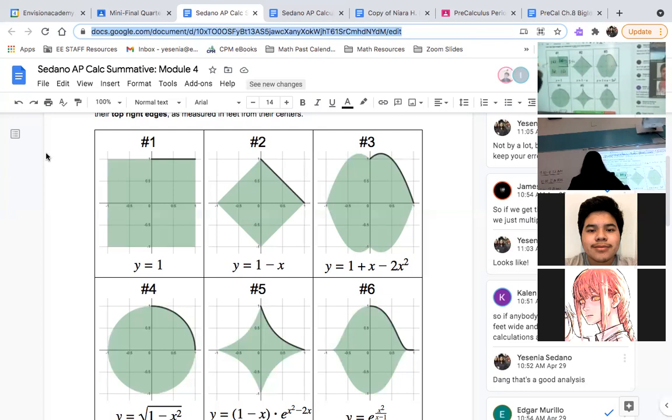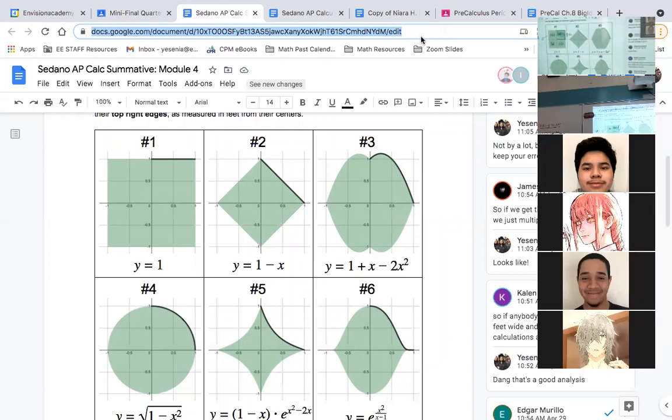And how we did this is we just used basic geometry. I'm going to show you how we could use the fundamental theorem as well, because you are also able to use the fundamental theorem. And then for this one, yeah, so